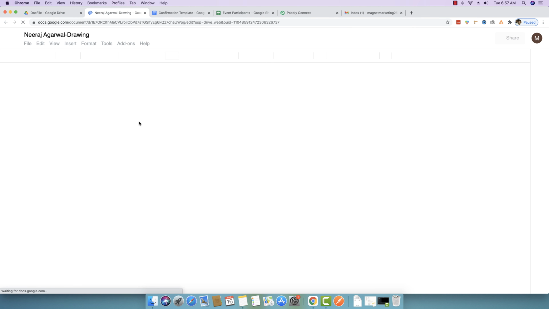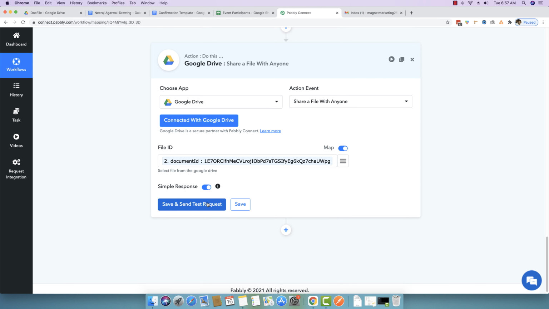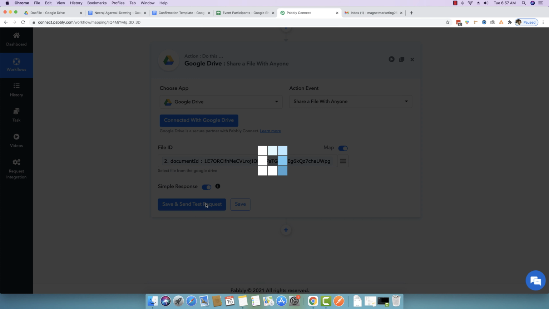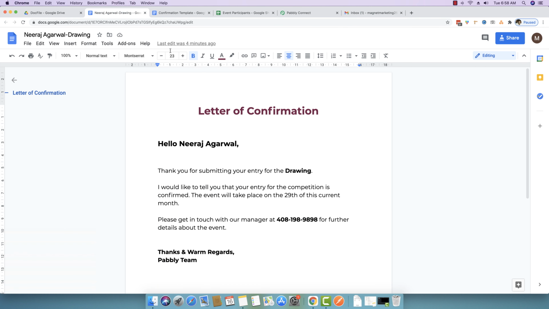If you click this file right here, you will see that it is shown with a lock icon, which means that this file is currently private to just the Gmail account. But now this file will be publicly accessible through the link. So to access the file, someone has to have the very same ID which is shown right here. So now I'm just going back, and you can see the icon has changed to anyone with the link. So anyone with the link will be able to access this file.